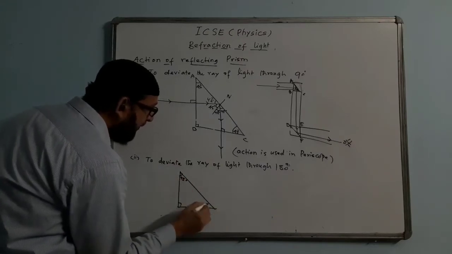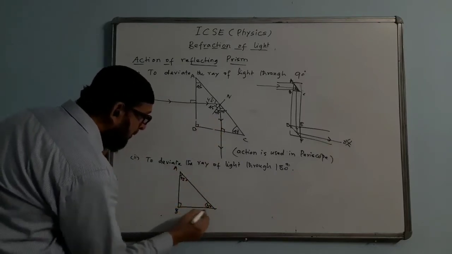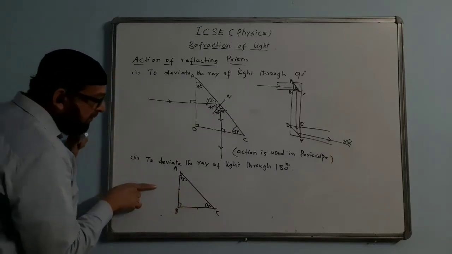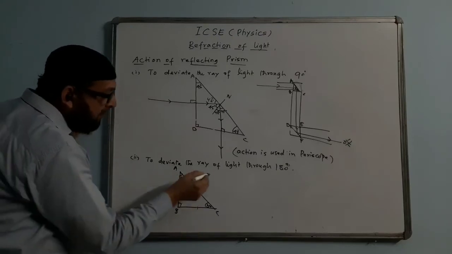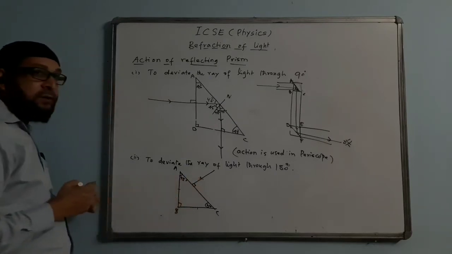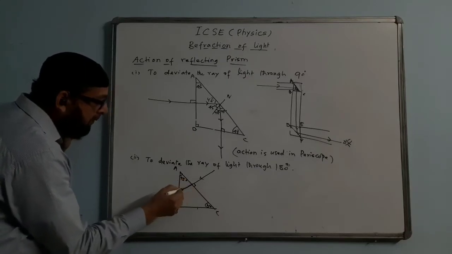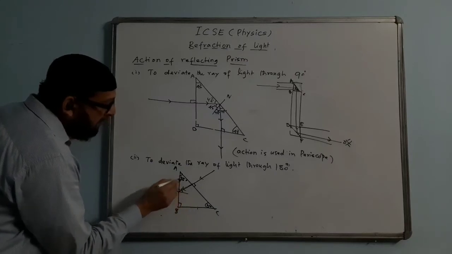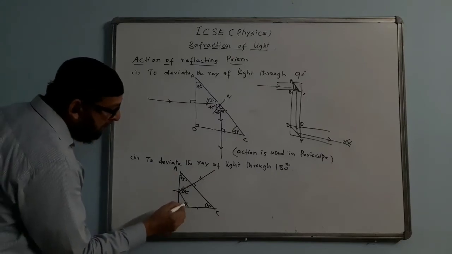Same prism, 45, 45, 90. This is the only prism we have in our ICSE syllabus. Here these two sides are equal. If the ray starts this way, it will go like this. But what if the ray comes along the hypotenuse, with 90 degrees here? What will happen to this ray? This ray will continue straight without bending, because it is normally incident. Here we draw the normal. This angle is 45, so TIR will take place. The ray will return here like this.